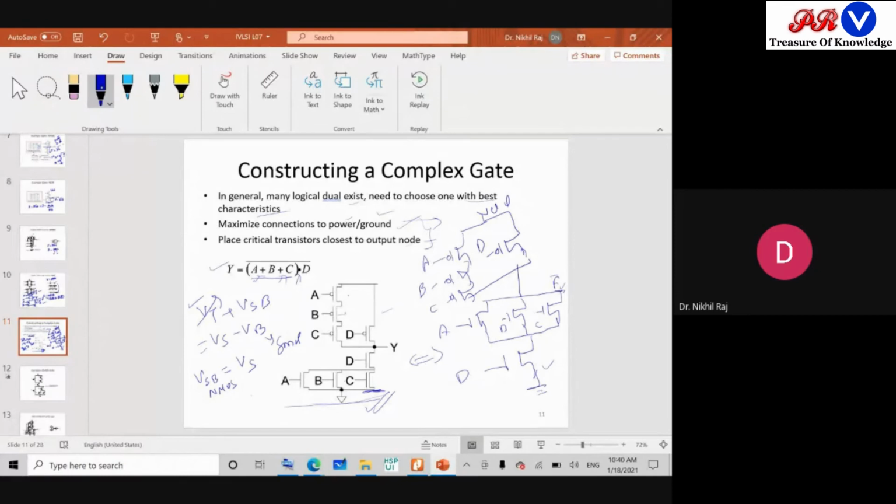So in the design I have drawn, the source is at some potential, let's say X, and the bulk is grounded. So there will be modulation in the threshold voltage of transistor A, transistor B and transistor C, whereas for D, the source and the body are both at the same potential, so no problem.